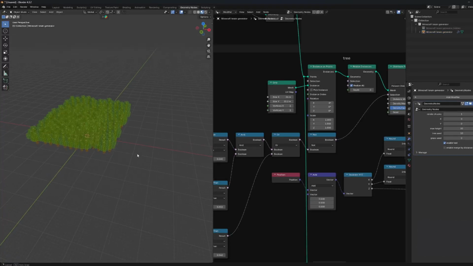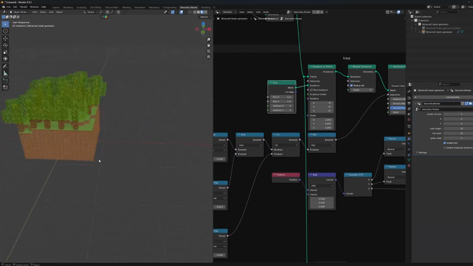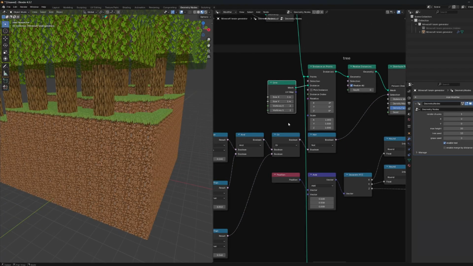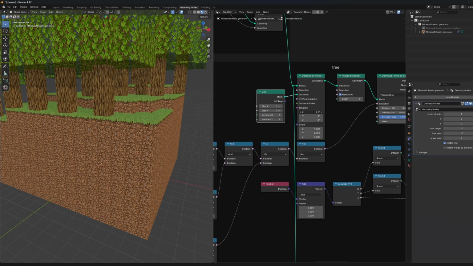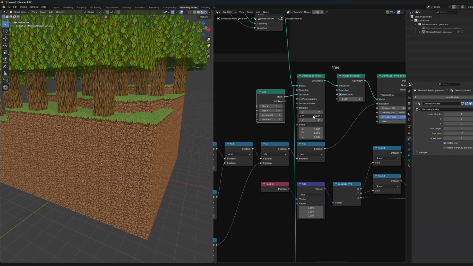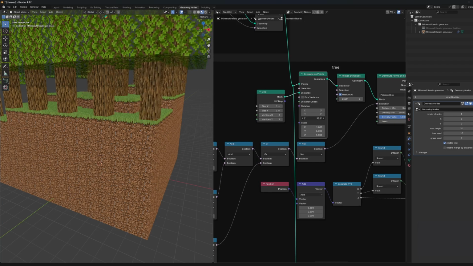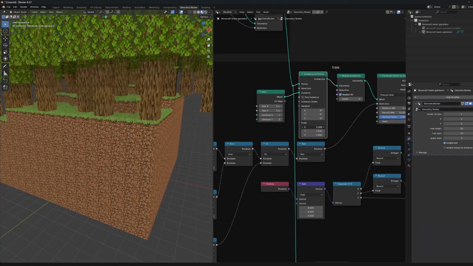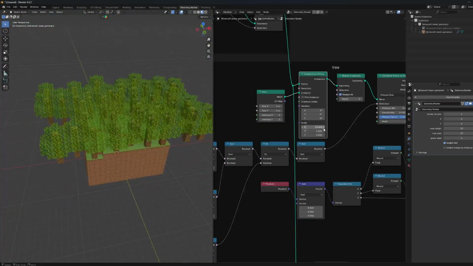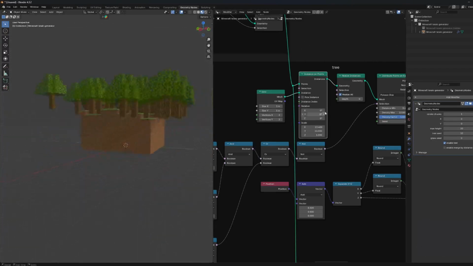The next node in this panel is Instance on Points, which behaves similarly to other nodes with the same name. This node has a rather subtle effect and tends to work closely with the nodes around it. Because of this, it's generally a good idea not to modify it unless you're experimenting with highly specific design goals. Another essential node here is